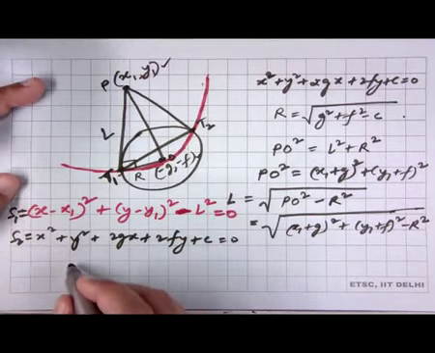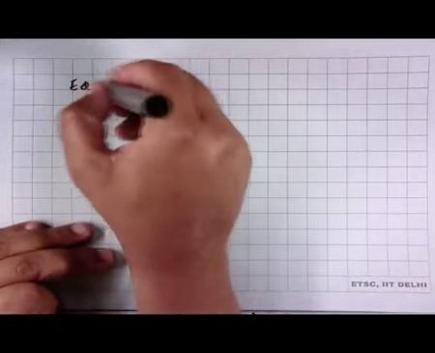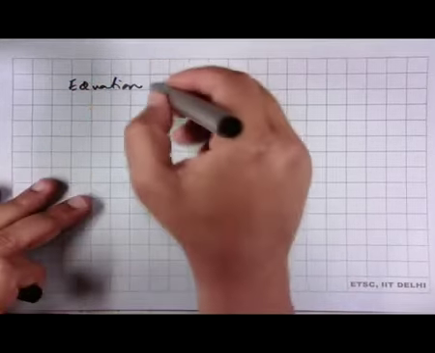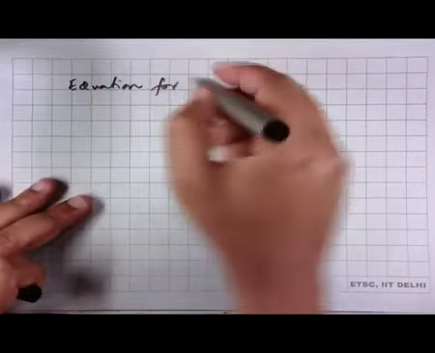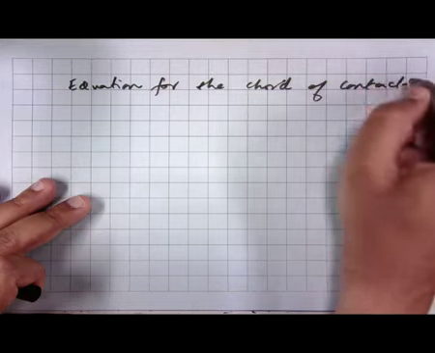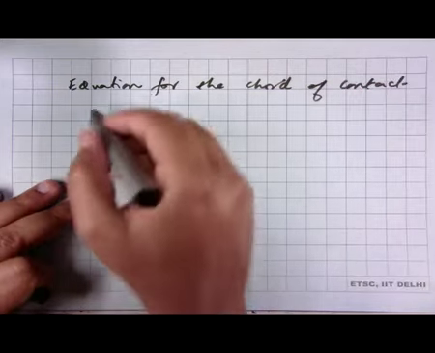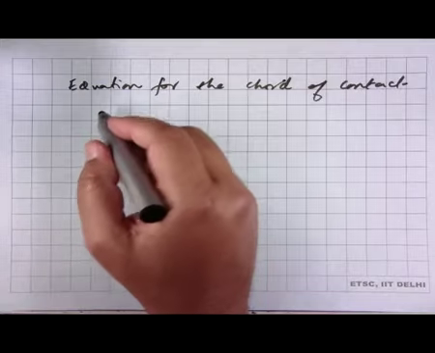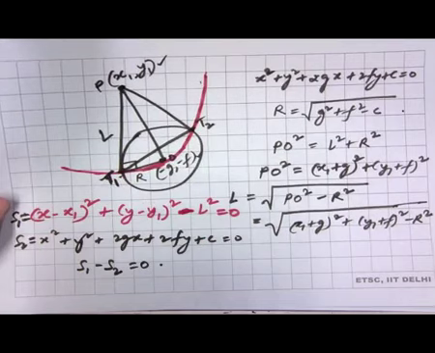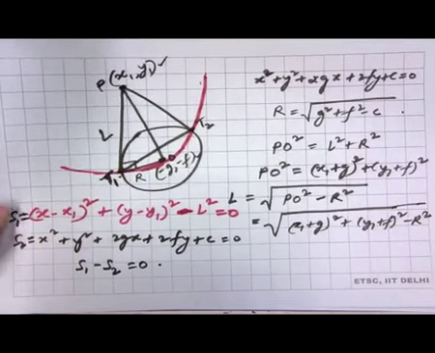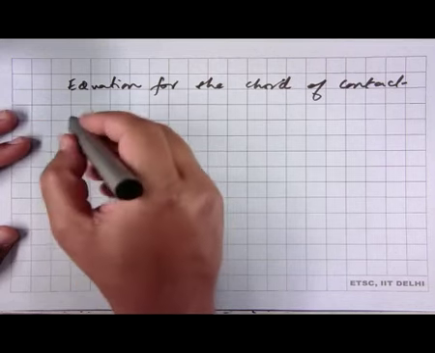And therefore, the equation for the chord of contact is given by, we just need to subtract S2 from S1 and we get